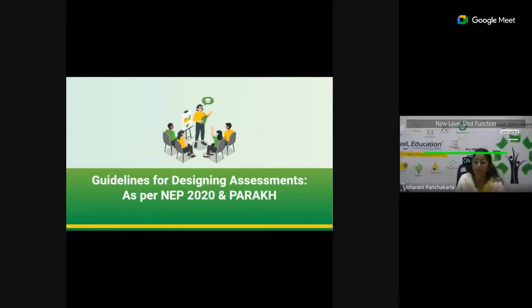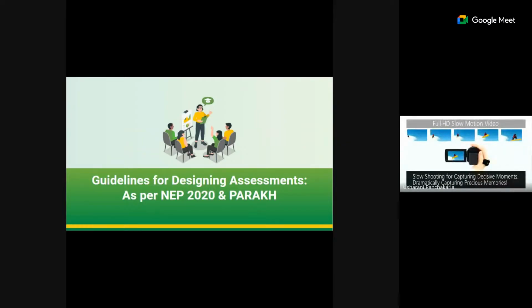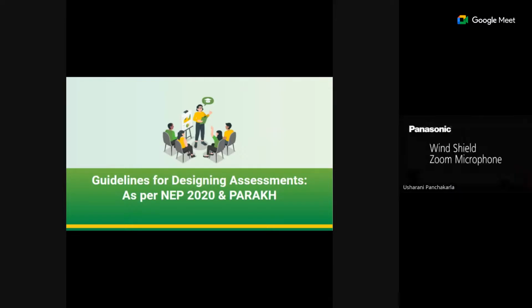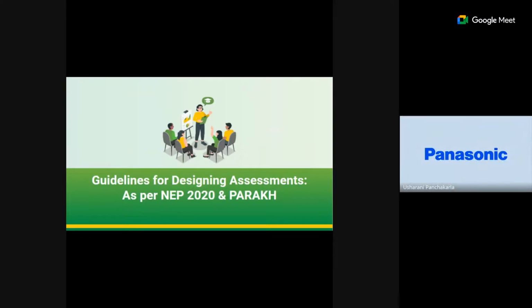Now coming to this, before even starting about assessment, can anyone say what is an assessment? Very frequently we'll be using in our terminology, one is assessment, the other one is test. Now, how are they different? Are they one and the same? Are they synonyms? Can anyone just say what is an assessment and what is a test?